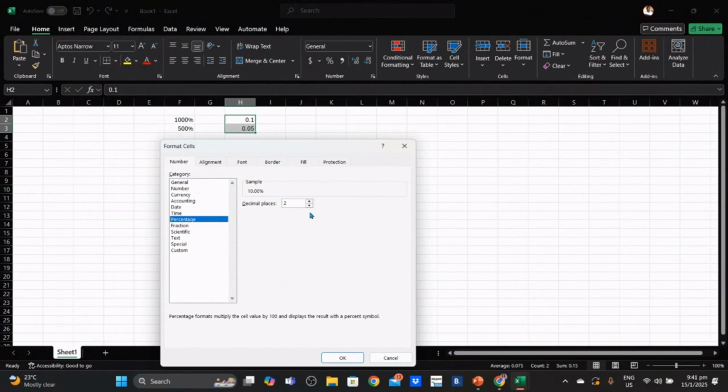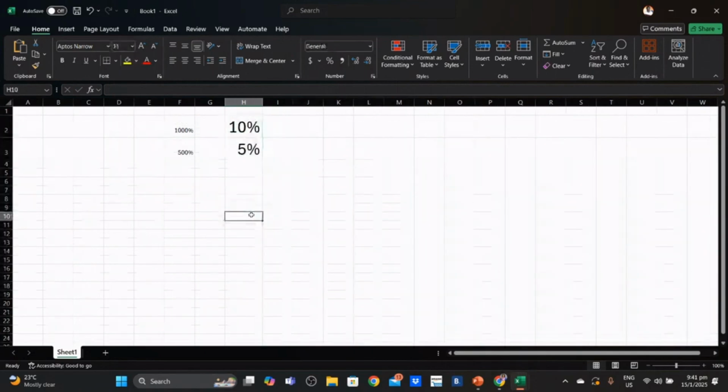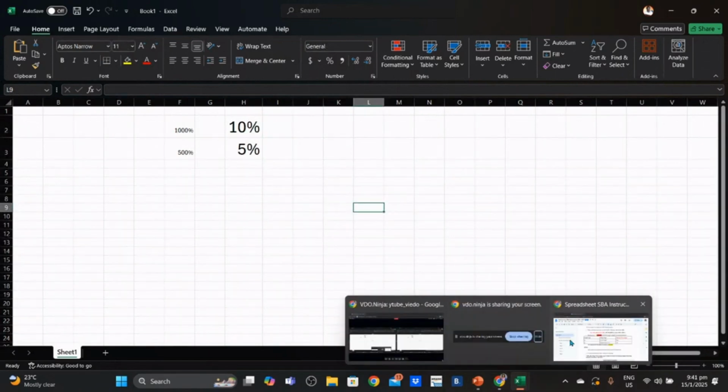So we can remove the decimal places, and once we're through, you're seeing that the 10% and the 5% is being reflected right here. So that's how we go about that part. So now that we're completely finished with task 1,